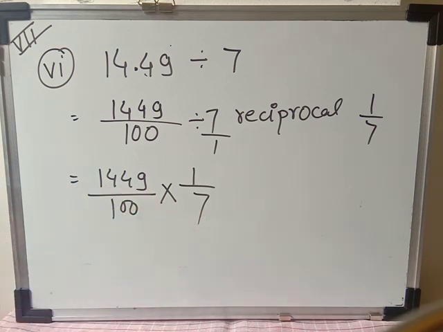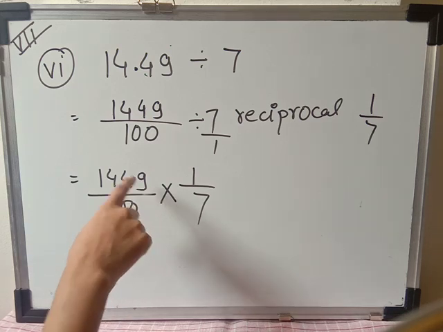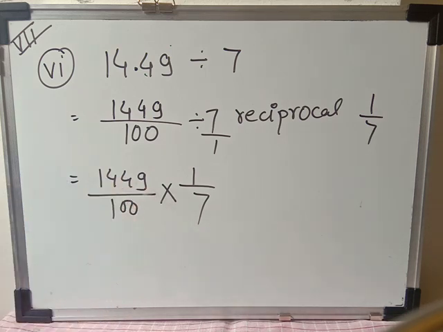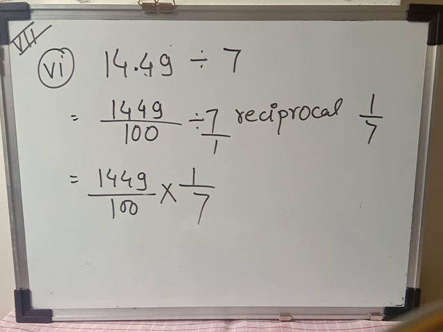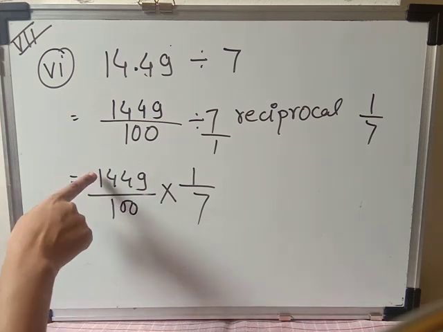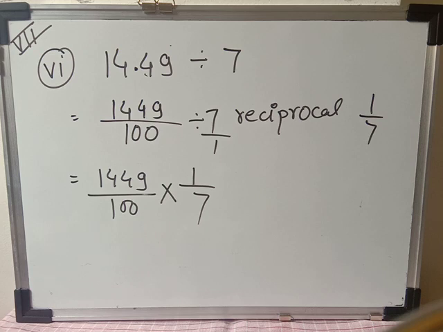Now some students will think, teacher, how can we guess which number is divisible or not. We have learned in the previous session, you have to see the last digit of the number. Now 9 is there; in the 7 table, is there anything where 9 is there? Yes, 7 sevens are 49, it means we can divide this number by 7. So this is the way you can guess whether the number is divisible or not. I hope you are understanding.